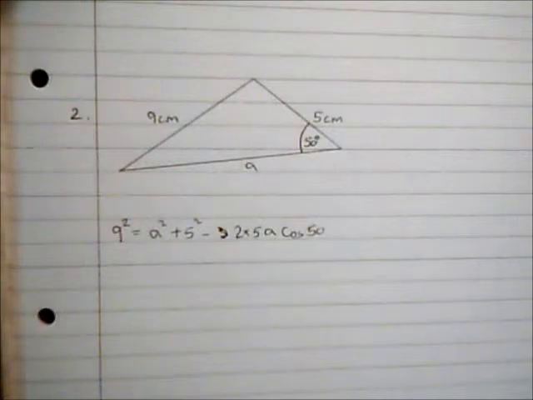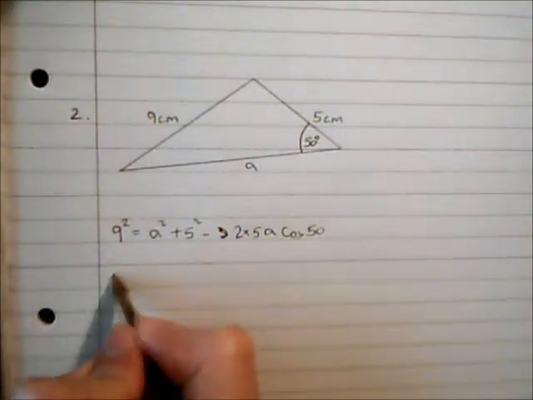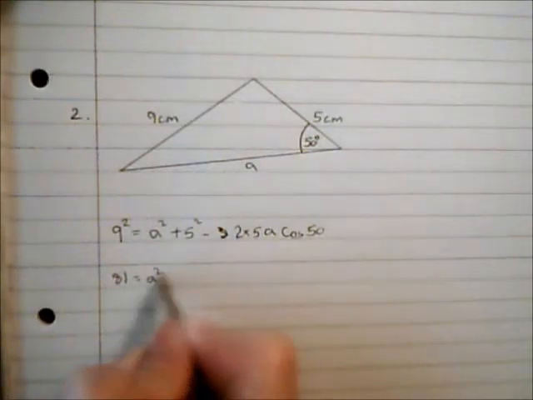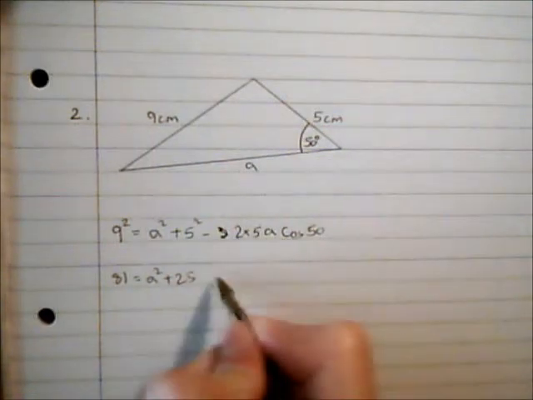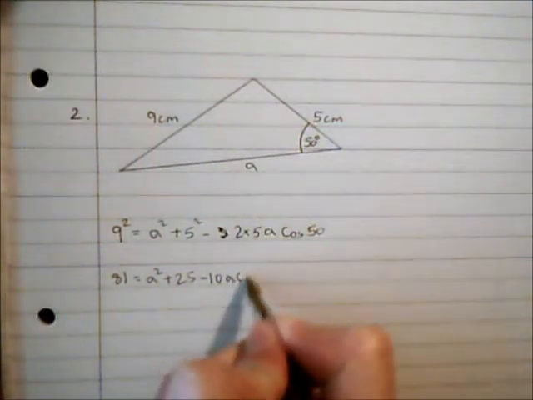And now I'm going to simplify this a bit, so I'm going to write it as 81 equals a squared add 25 subtract 10a cosine 50,